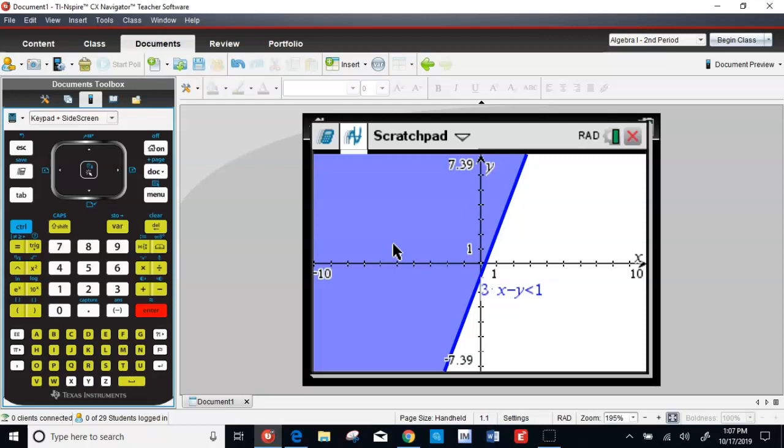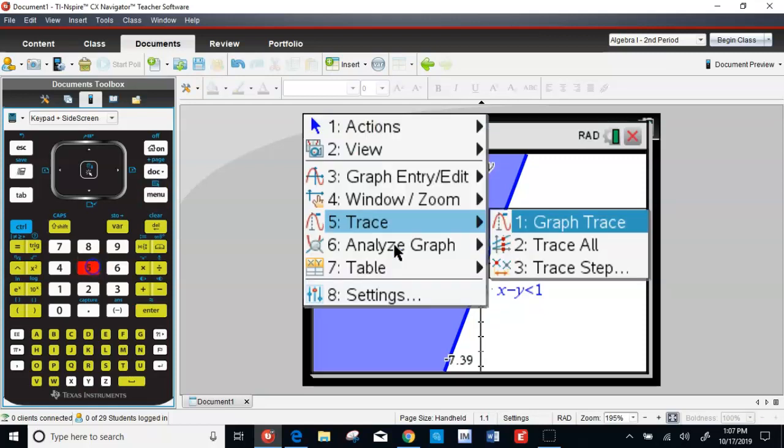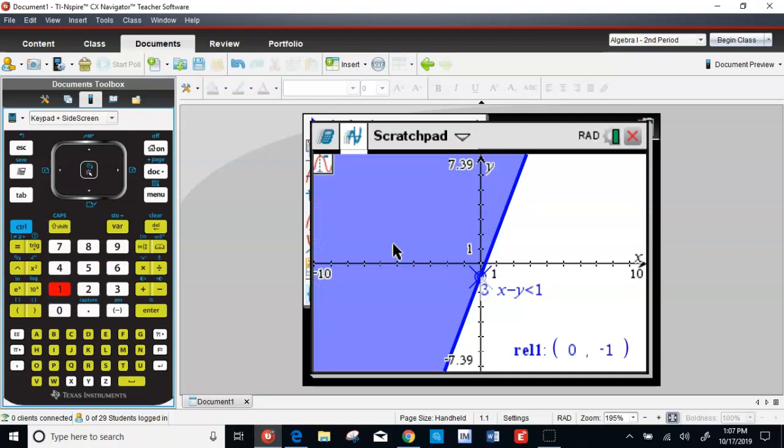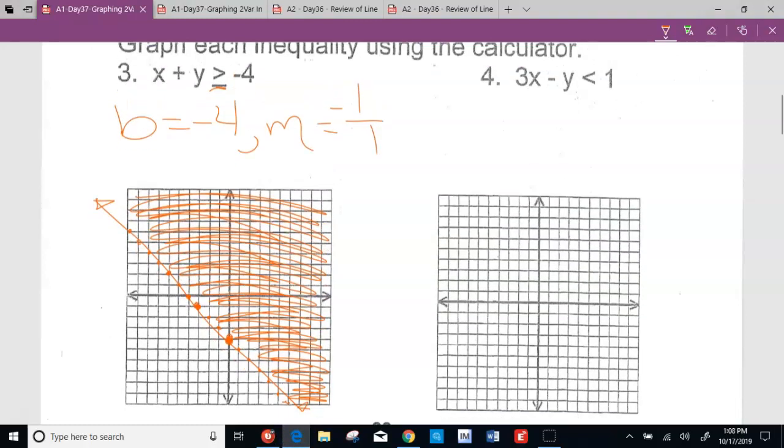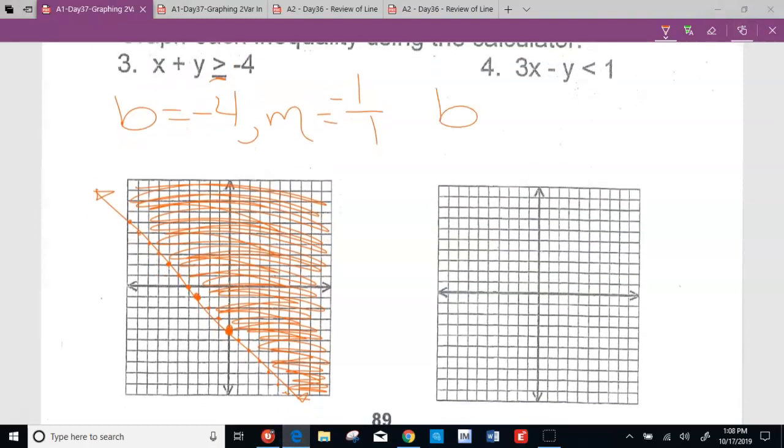Now you're caught up. Now, what's our y-intercept? To get your y-intercept, if you don't know, it's menu 5, 1. So you have to write that down. Menu 5, 1. Because I've given this code to you guys many times, and it should not be forgotten still. So -1 is our y-intercept. B equals -1. Same as the last, well, actually not the same as the last one. I believe the slope is the same though. Let's find out. -1. So on our blank grid over here, I go to -1 and I put my dot